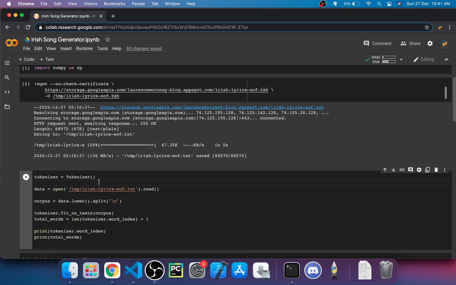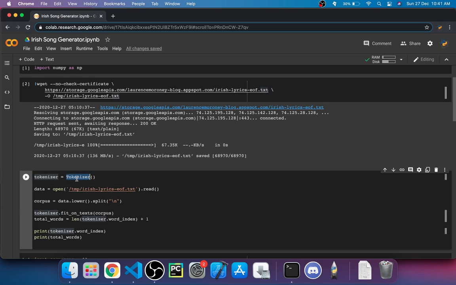So if there is a sentence like this is a sunny day, this is a rainy day, then this is will be mapped to like 1 2 3. And if we make sunny as 4 and day as 5 and we make rainy as 6, it will be something like 1 2 3 4 5 and 1 2 3 6 5. So you can see that there will be some differences in the sentences. So that's what a tokenizer does.